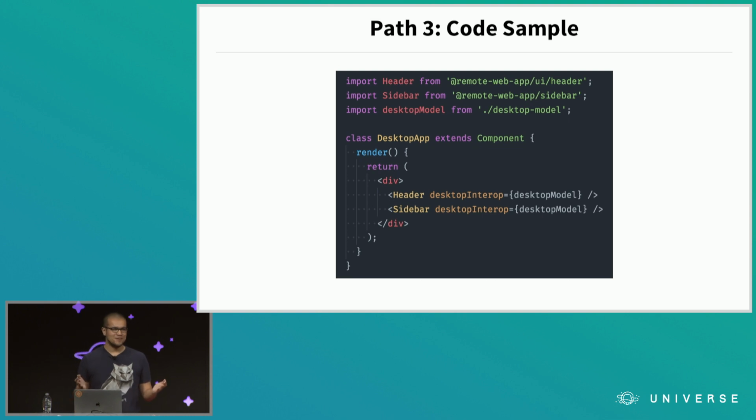So in an imaginary world where our entire app consists of a header and a sidebar and nothing else, we are importing our header and sidebar from our remote web app that we've extracted earlier and published to some location. In this case, we're using a package registry. We're importing our desktop model that would be able to do things like interact with OS APIs, maybe like bounce the dock icon, create native notifications. And then in this pseudo React component, we are passing it in as a prop